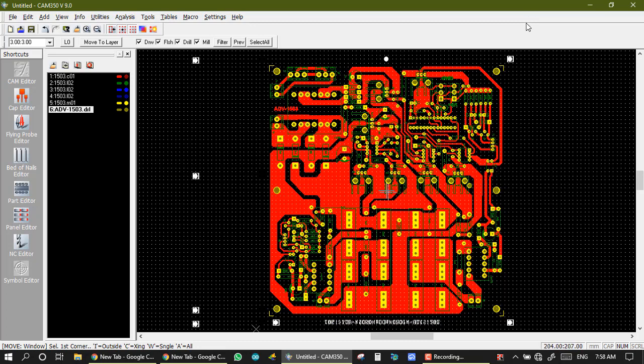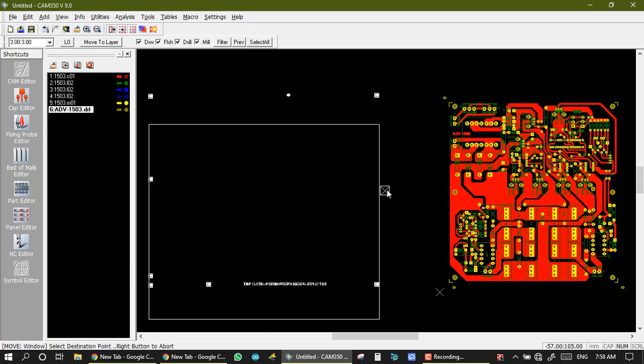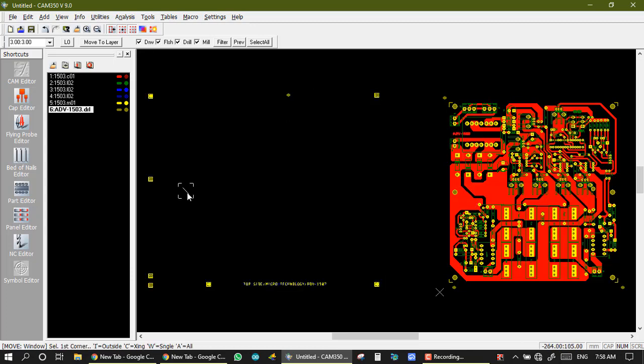After selecting that, I click anywhere, right click, then click one time and take it and click here. So I move all this decode. So this is the work of the move function. If in any Gerber we don't want some decode, because it is additional decode or it is not used in our Gerber, then we move it or delete it.